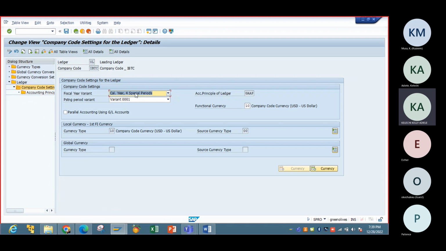IBTC, and we have this fiscal year variant, posting period variant, the accounting principle we're using, the functional currency, and every other setting. The essence of this configuration is in terms of reporting, right? So when you're reporting, of course, we are a US-based company, so we'll be reporting using the requirement in the US, which is GAAP, and the fiscal year we're using is the 12th calendar fiscal year. We're going to learn about that in the next session,